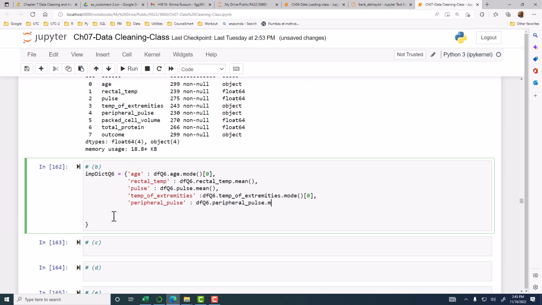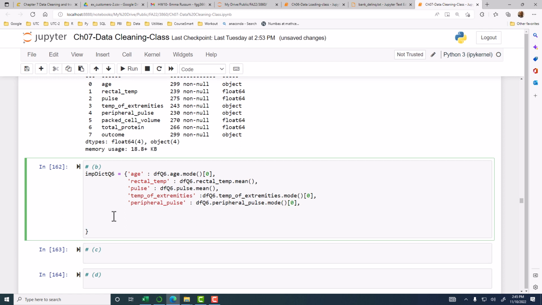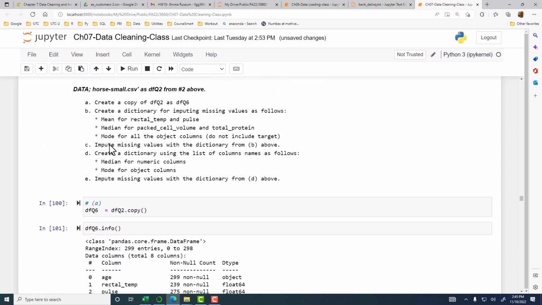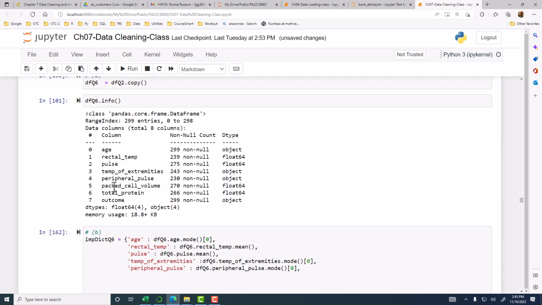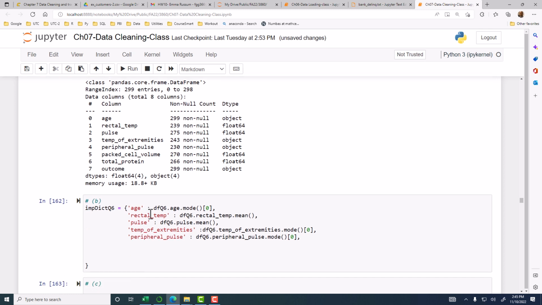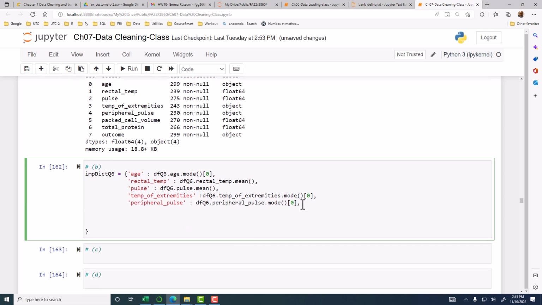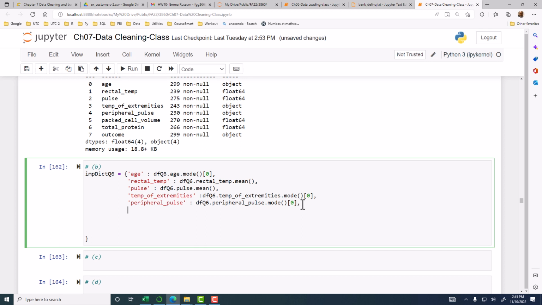Okay, so once again that will be mode. Now packed cell volume, so we want median for packed cell volume and total protein, and outcome is the target, so we don't want anything to impute there. So we have packed cell volume